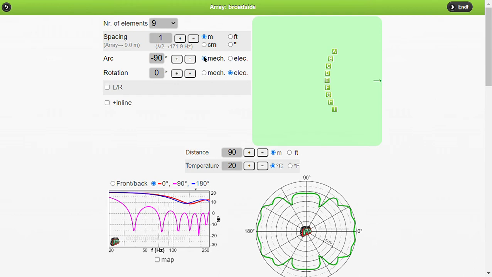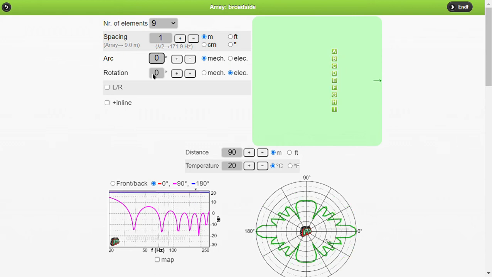And we can arc the array either mechanically or electronically. Let's go back to 0. The difference between mechanical and electrical arcing is not very much, and it's normally a lot more practical to do it electrically, plus the array takes a lot less space.